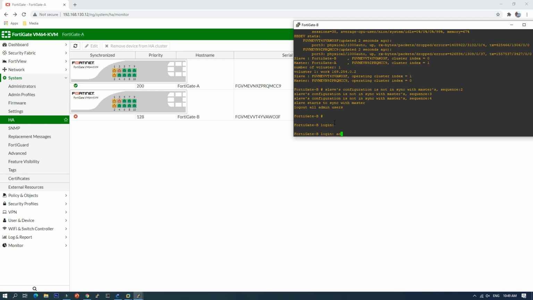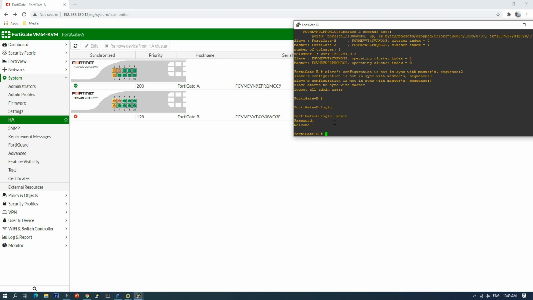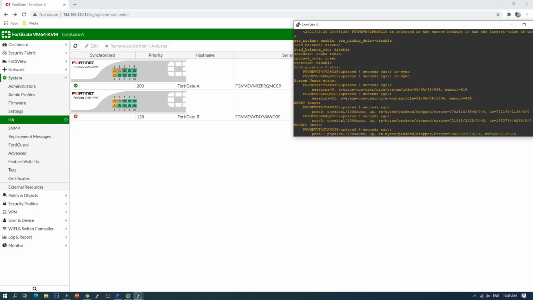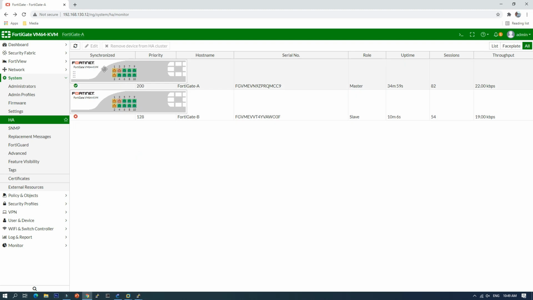So admin, get system HA, get system HA status. Okay, now it is in synchronization. So it means that all the configuration from FortiGate A is synchronized to FortiGate B. Let's refresh.